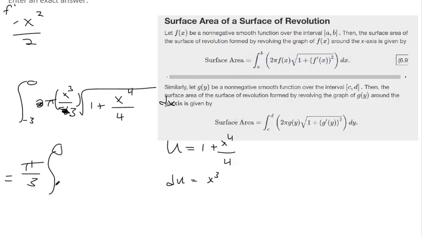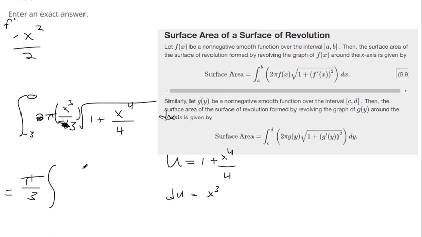You could change this by plugging in -3, plugging in 0, and finding out what the corresponding u value is, but I think my first suggestion is going to be simpler. Let's put the limits of integration back in once we've found our antiderivative. So I factored out those constants. This is du, this is u, so what I have is the square root of u du here,